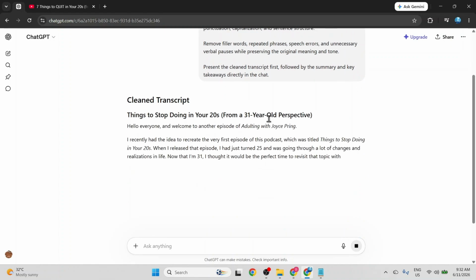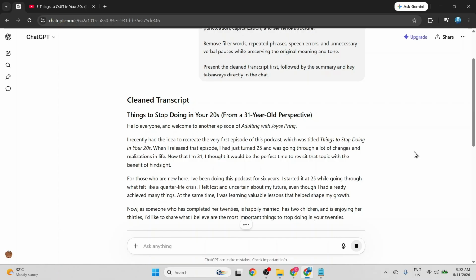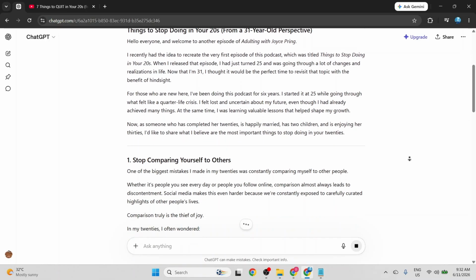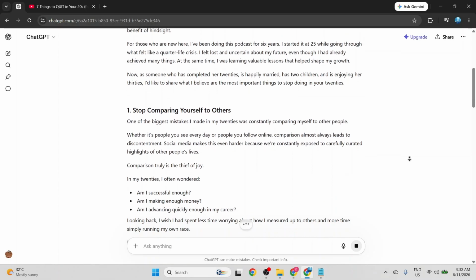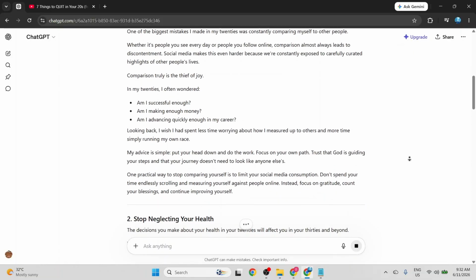I wait a few moments while ChatGPT processes the massive amount of text and begins generating the response. It starts by outputting the beautifully cleaned up transcript, neatly organized with proper headings, clear paragraphs, and corrected grammar. As I scroll down, you can see it completely removes the messy timestamps and filler words, making the content incredibly